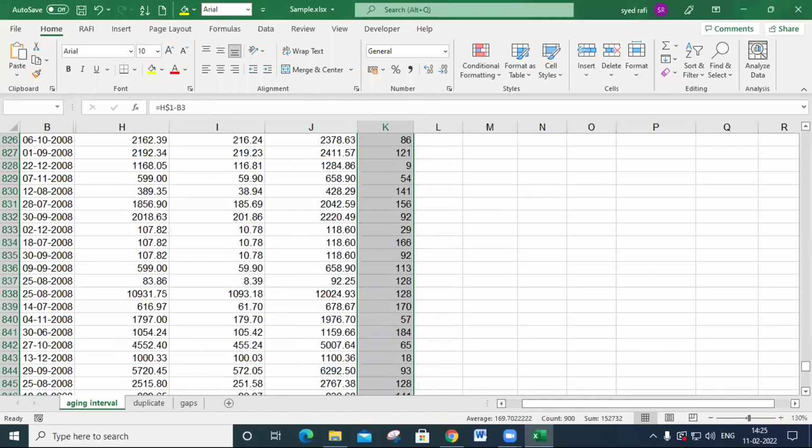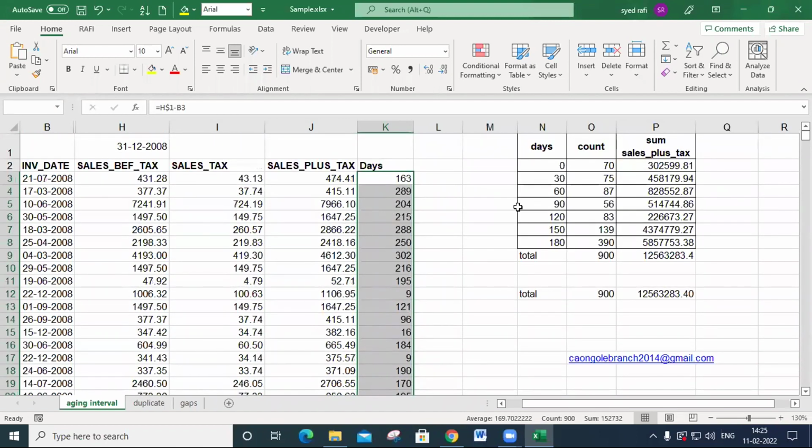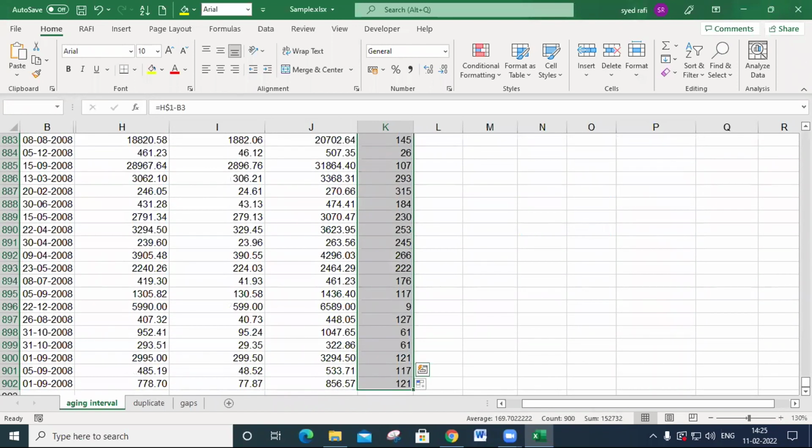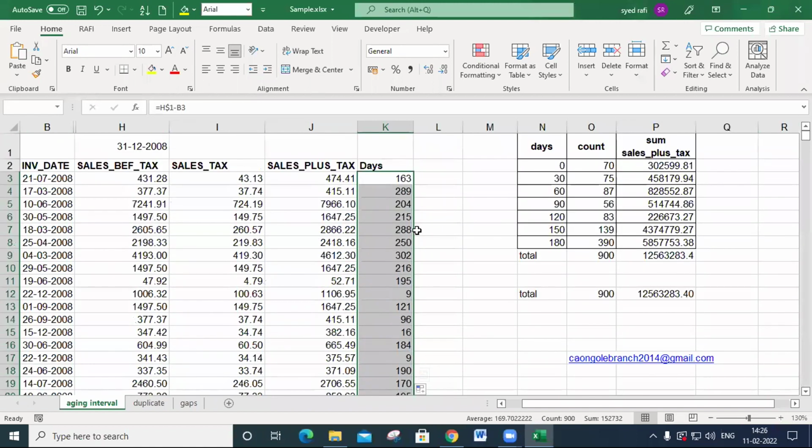Okay. Yeah, you must do one thing. You must click here. Okay. And press the Control Shift down arrow. Yes, sir. Okay. Automatically at the end, it will be selected from top to bottom. Control Shift down arrow.